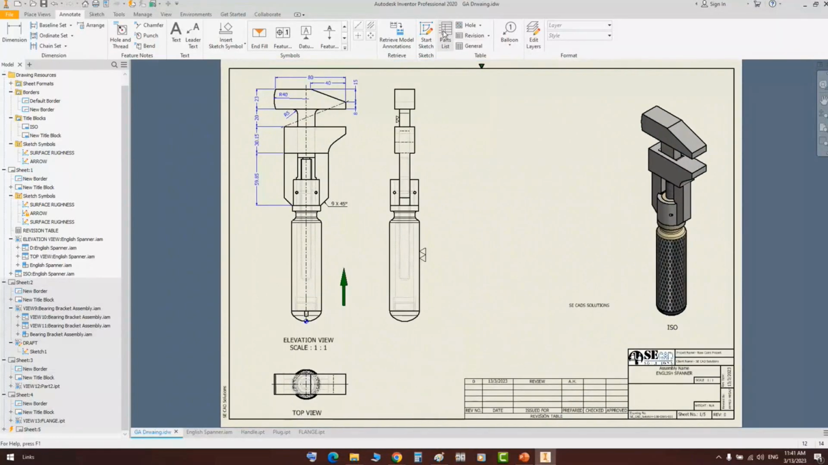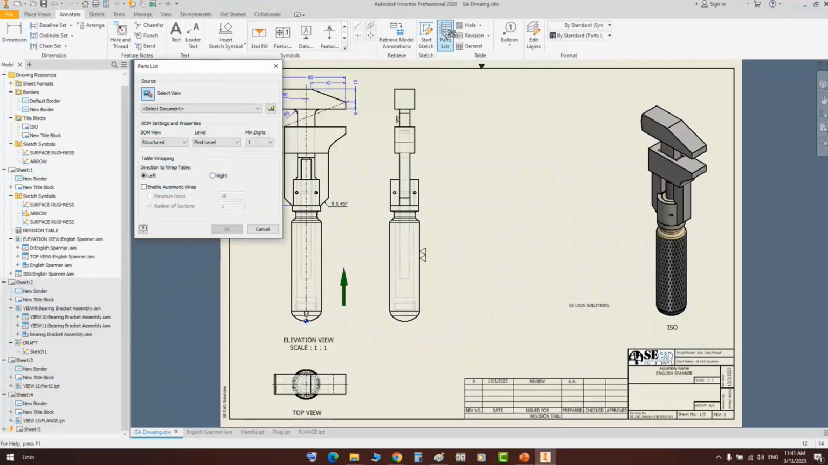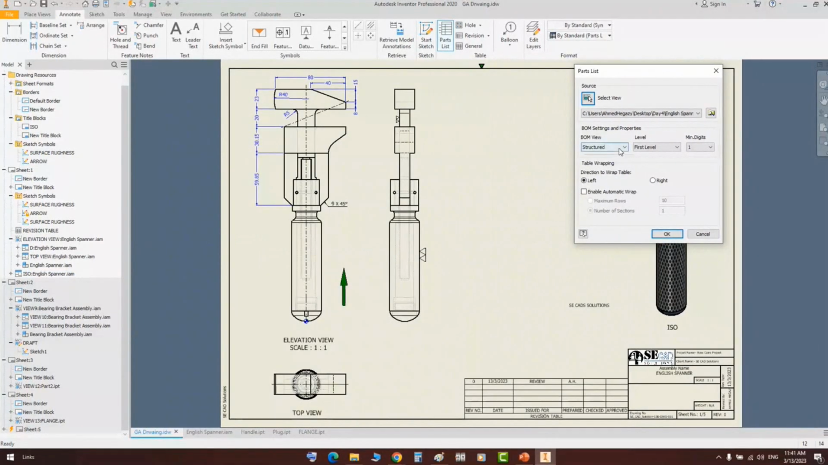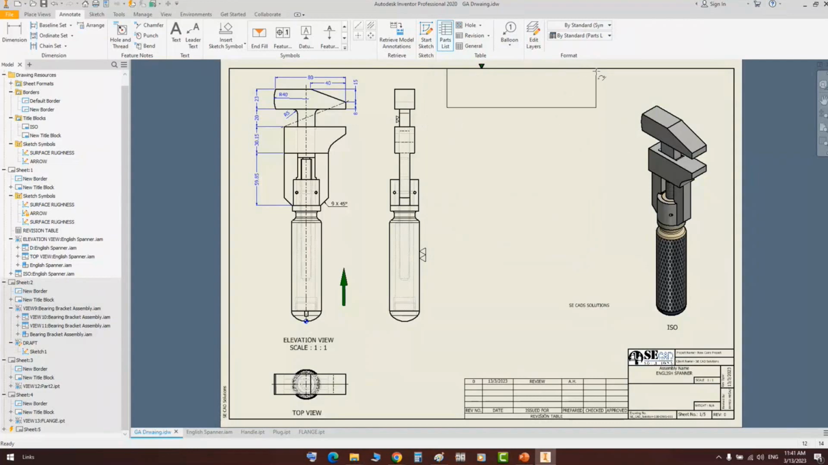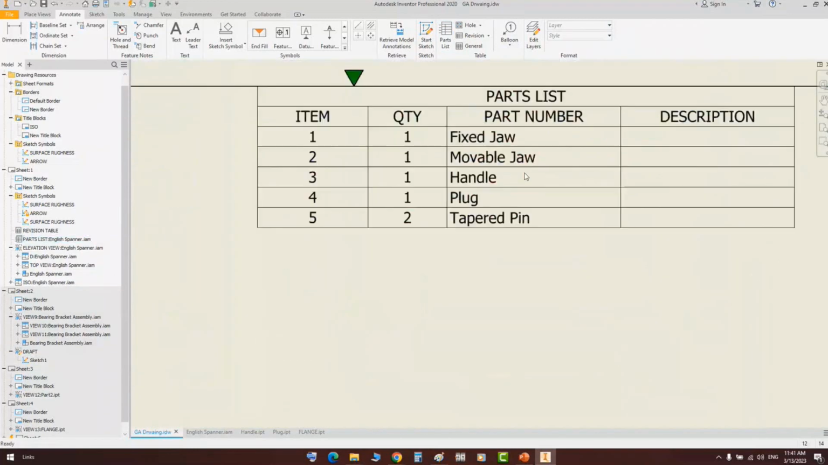So from here, let's select the part list and select the assembly of the part. So let's select any view related to the assembly. From here, you will find some options like the bill of material view, if you would like to make it a structure view, which includes all parts, or make this view a detailed view. If you make a structure view, you will get this bill of material like that,